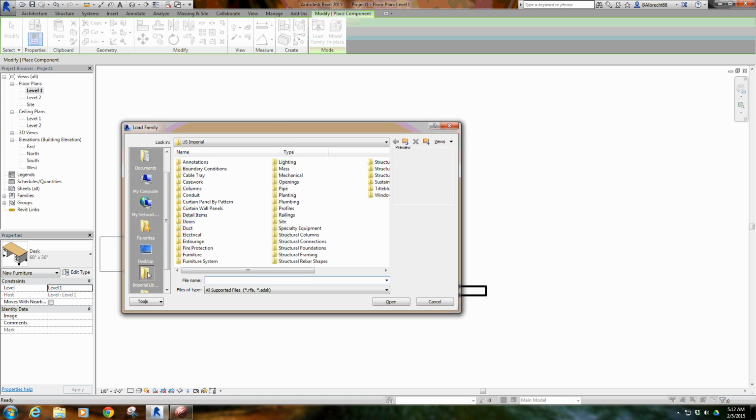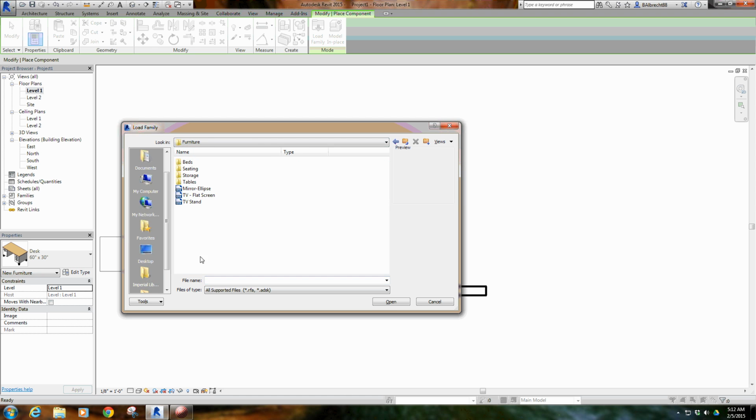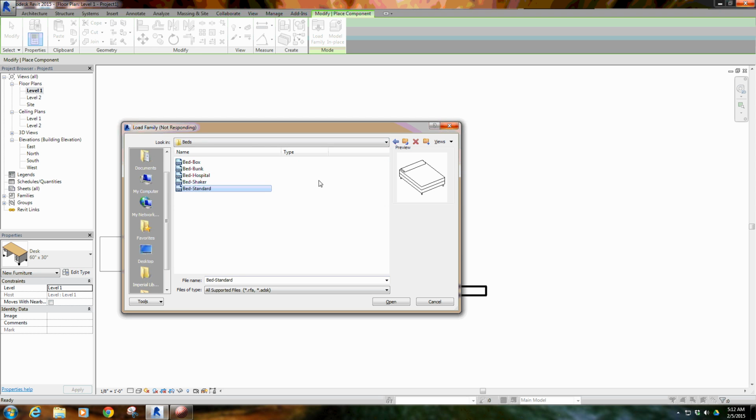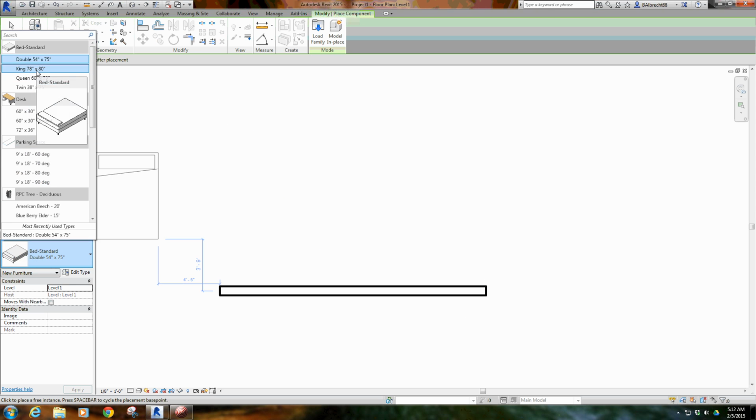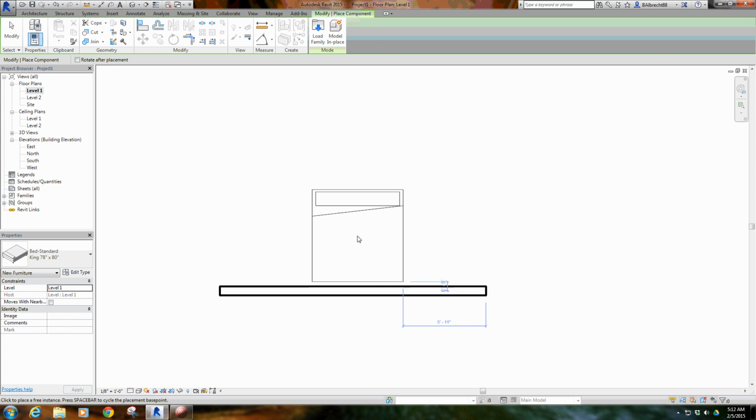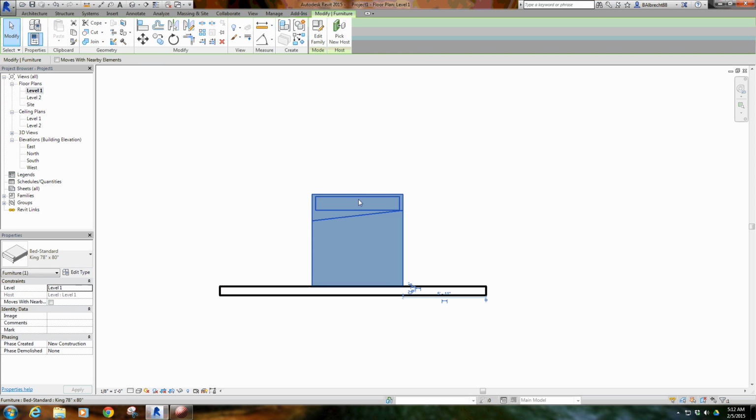And then up here under your Imperial Library are all of these different categories. Some of these are things that you might not ever use. Some of these are things you're going to use all the time. So everything from furniture, there's beds. So this is not a bad place to go if you're laying out a bedroom and you want to see how a certain size bed lays out within your bedroom. Not a bad place to go to load a bed in, and then down here I can change to a king, queen, twin. So if I change to a king, I can see kind of how that's going to fit within